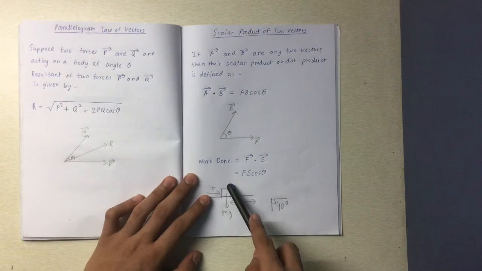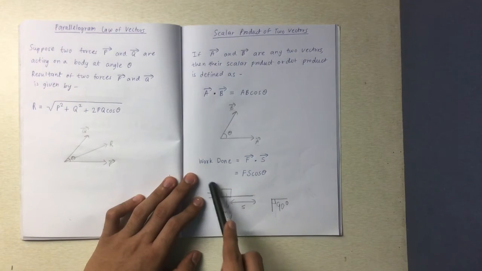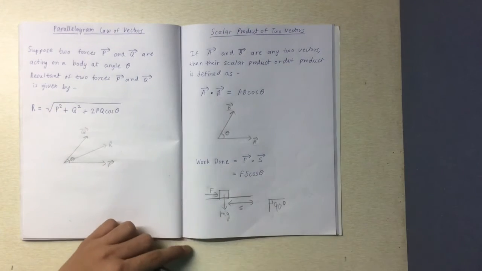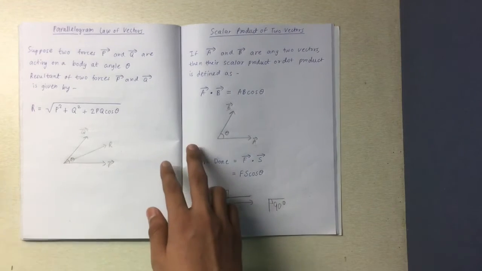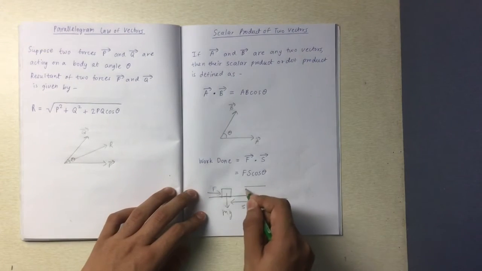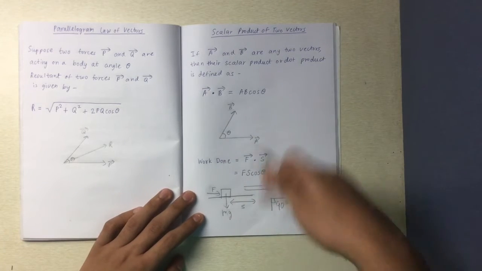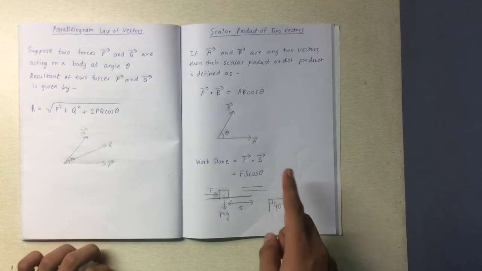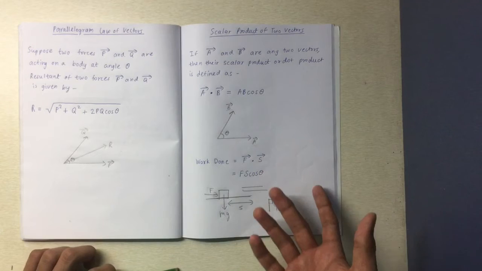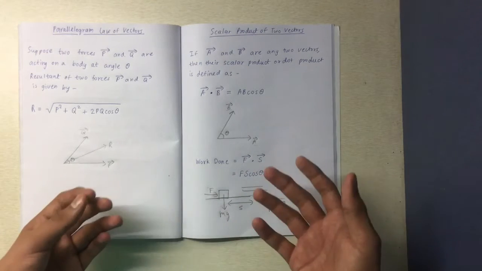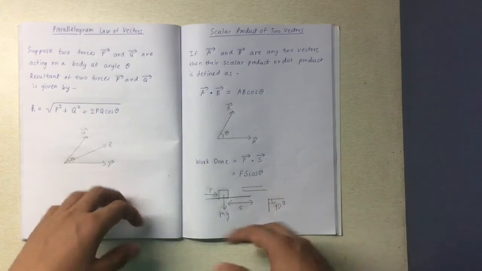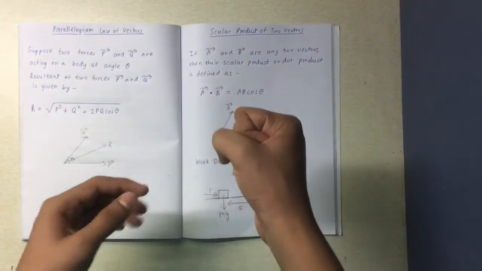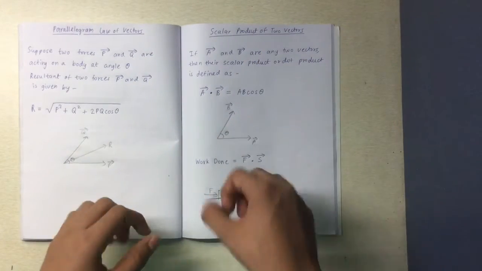Normally we take bodies and we apply a force, let's say F, and we displace it with some displacement S. Here the force and the displacement are parallel to each other, right? So the angle between them is 0 degrees. So cos 0 is equal to 1, so Fs. That is why it's usually taken as Fs, because usually they tell us to calculate work done by the applied force. If there is an object, I push it, so it displaces in the direction I applied the force.